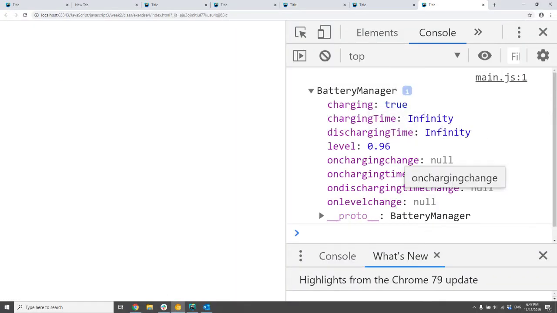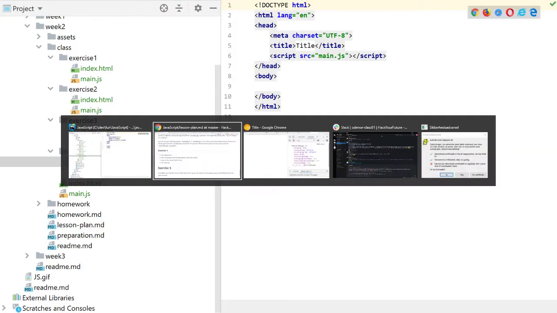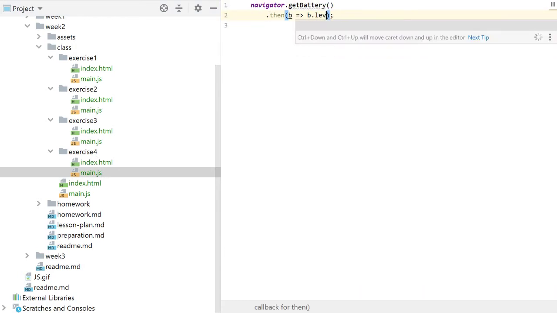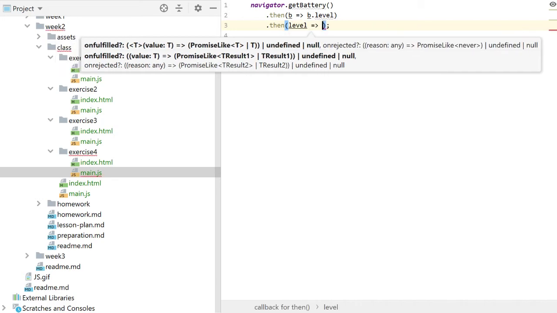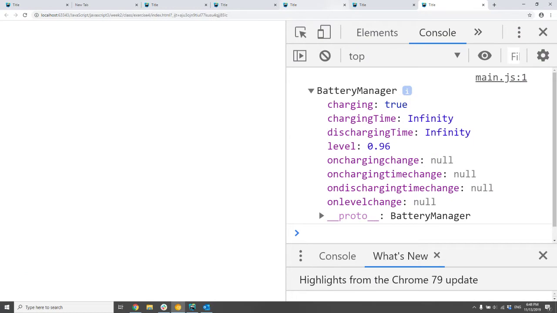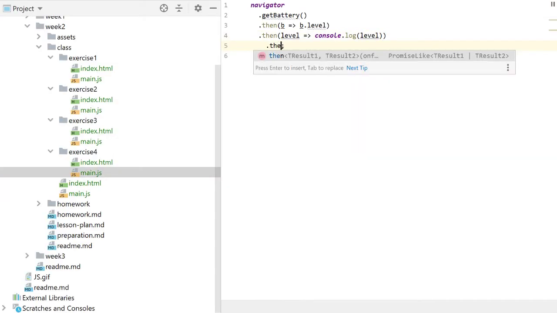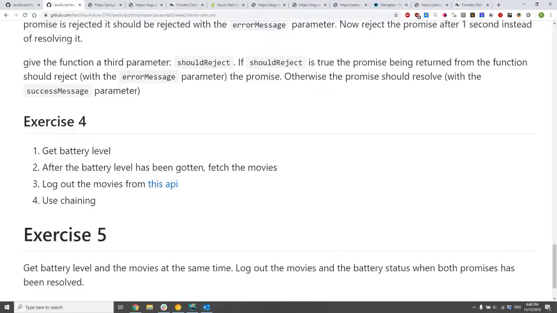So that gives us a battery manager. We want to print out the battery level, so if I can find the code. We can just do b.level, and then we don't actually need to return a promise to chain on these things. We can just do this: level, console.log(level), and we should hopefully just get the battery level printed out. After we've gotten the battery level, we should fetch some movies, and we can do it from this